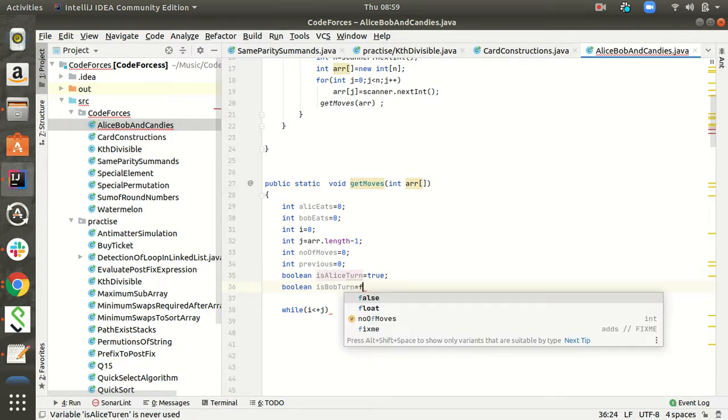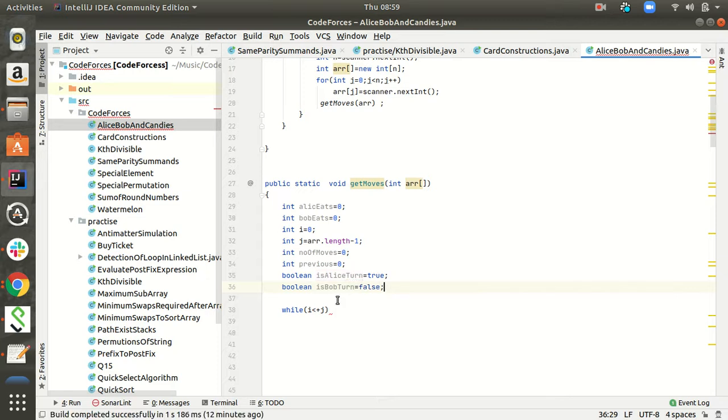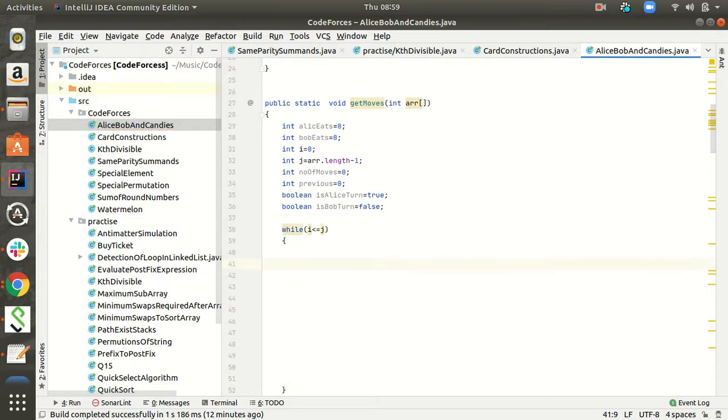Initially it will be Alice's turn. So i is less than or equal to j, and it will be either Alice's turn or Bob's turn.